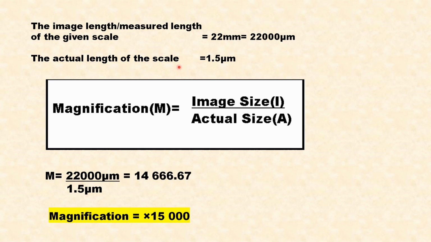The actual length of the scale bar is given as 1.5 micrometers, and to find out the magnification, we'll use the same formula. Substituting in our values, we calculate M is equal to 22,000 divided by 1.5, which gives us